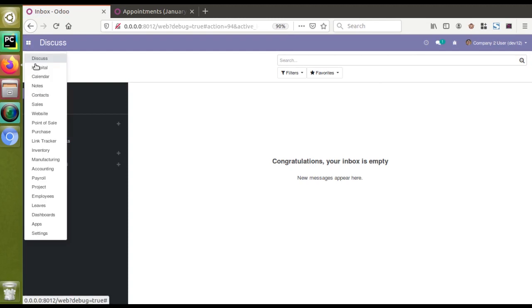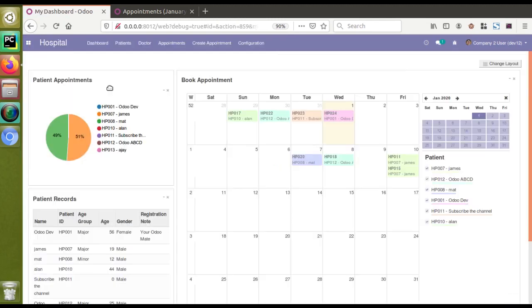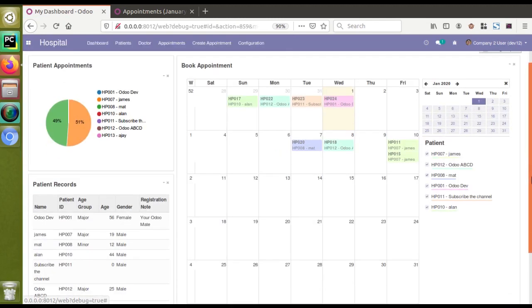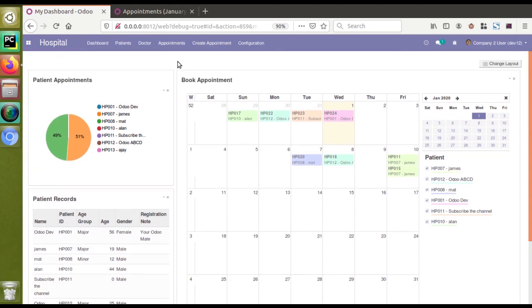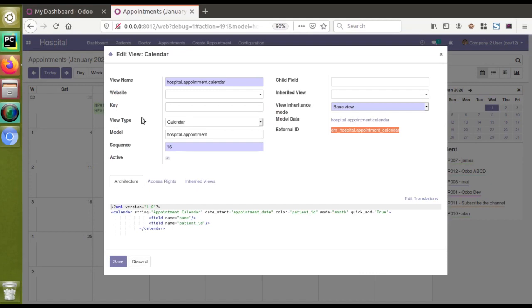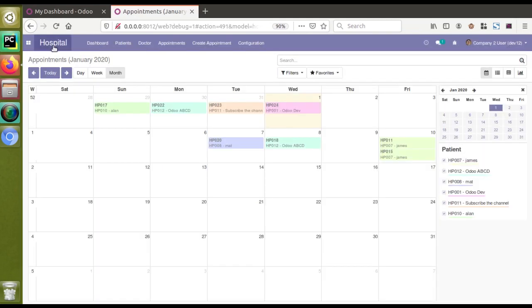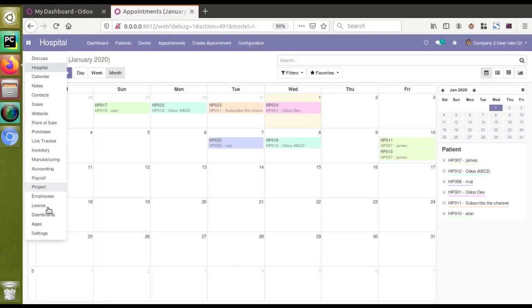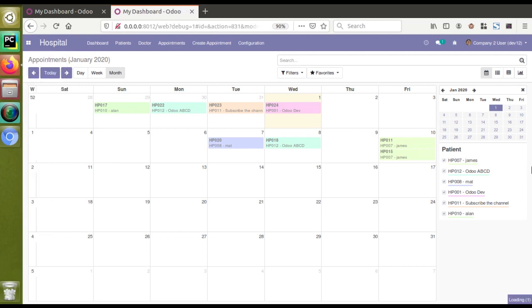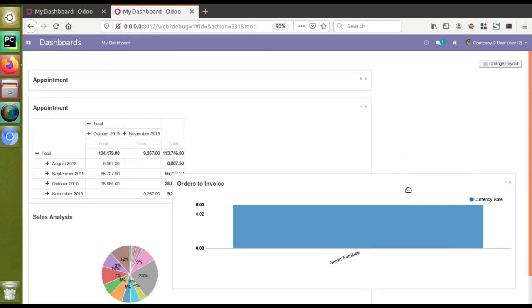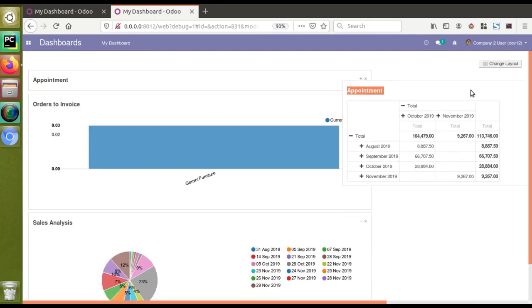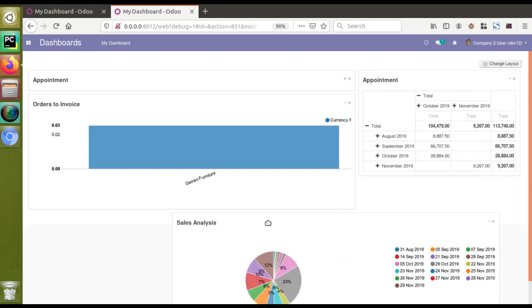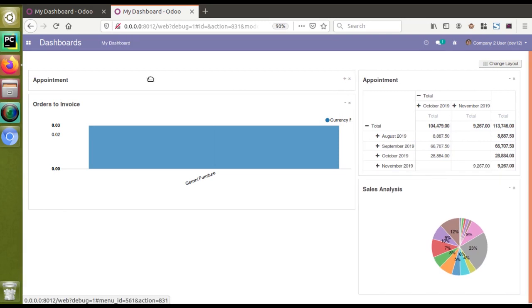I'll go to the hospital menu and then to the view. Here you can see the name has got updated to patient records. Earlier when we checked the default Odoo dashboard module, from here I will go to the dashboards module, and here we have got the functionality of dragging things. Here you can see we are able to drag the records. If I choose here, it will get aligned to that position. But if we try a similar thing in our module,